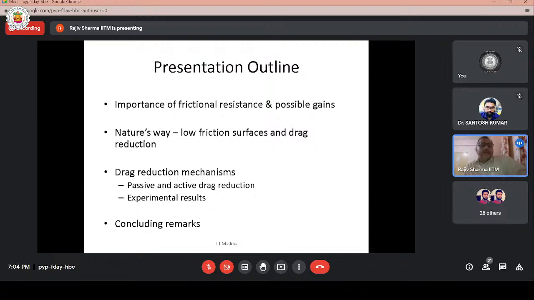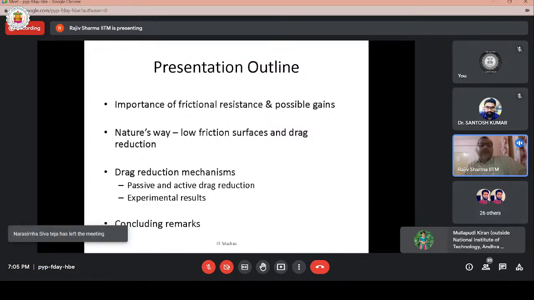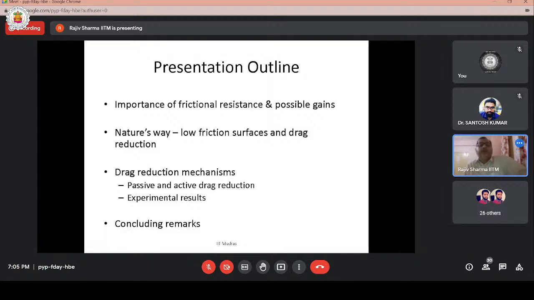When we were discussing the design, we talked about how the design can be modularized, how you can think of design in terms of nose, parallel middle body, and the tail. At that time, I mentioned briefly that nose is important for drag, middle body is important for payload, tail is important for propulsion, stability, power. And I also mentioned that the way it is faired affects